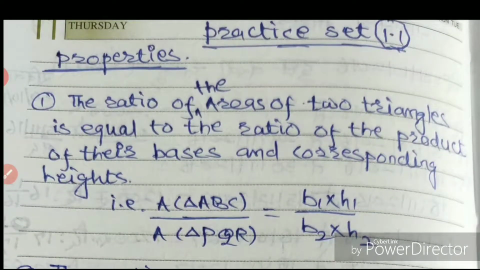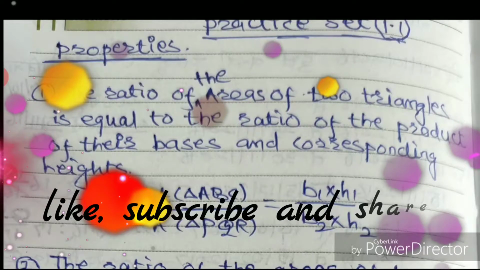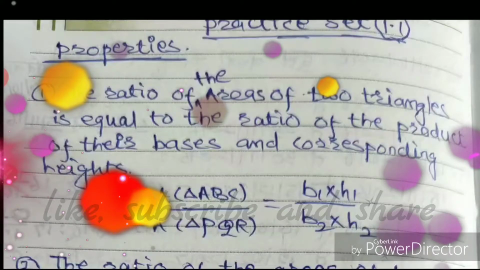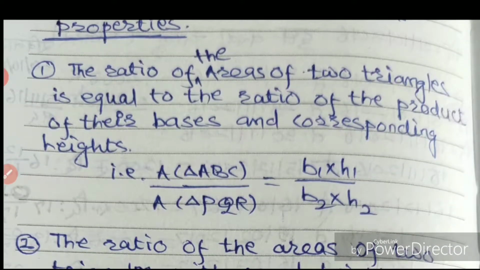The first property you know: the ratio of the areas of two triangles is equal to the ratio of the product of their bases and corresponding heights. If we take triangle ABC and triangle PQR and their bases and heights are B1, H1, B2, H2, then by this property the ratio of areas of these two triangles is equal to B1 into H1 divided by